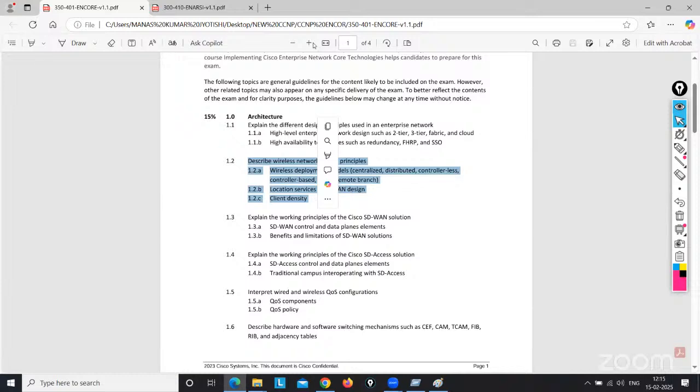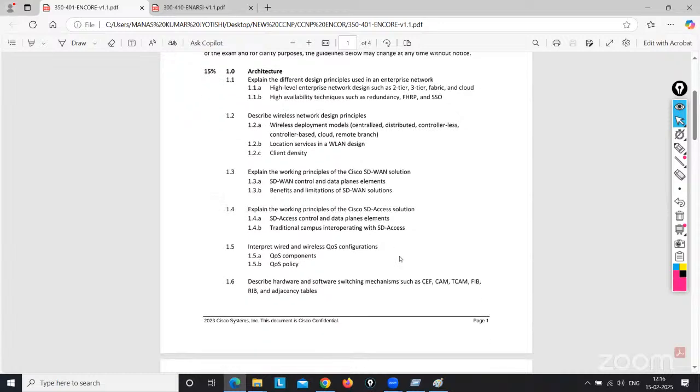Is anyone asking anything? I'm asking, is SD1 also part of this? Yes, SD1 is part of the Encore, but it's completely theory, because SD1 is a completely different one. In the CCI syllabus, SD1, SDA, and automation are all here, but these three are only the basics. What are the VPNs? What is the V1? These things. And what is the SDXS? What is the DNAC? How will we onboard the WLC into the DNAC? How are the switches onboarded into the DNAC? You know about the DNAC. This is a very new technology. Yes, DNA Center.